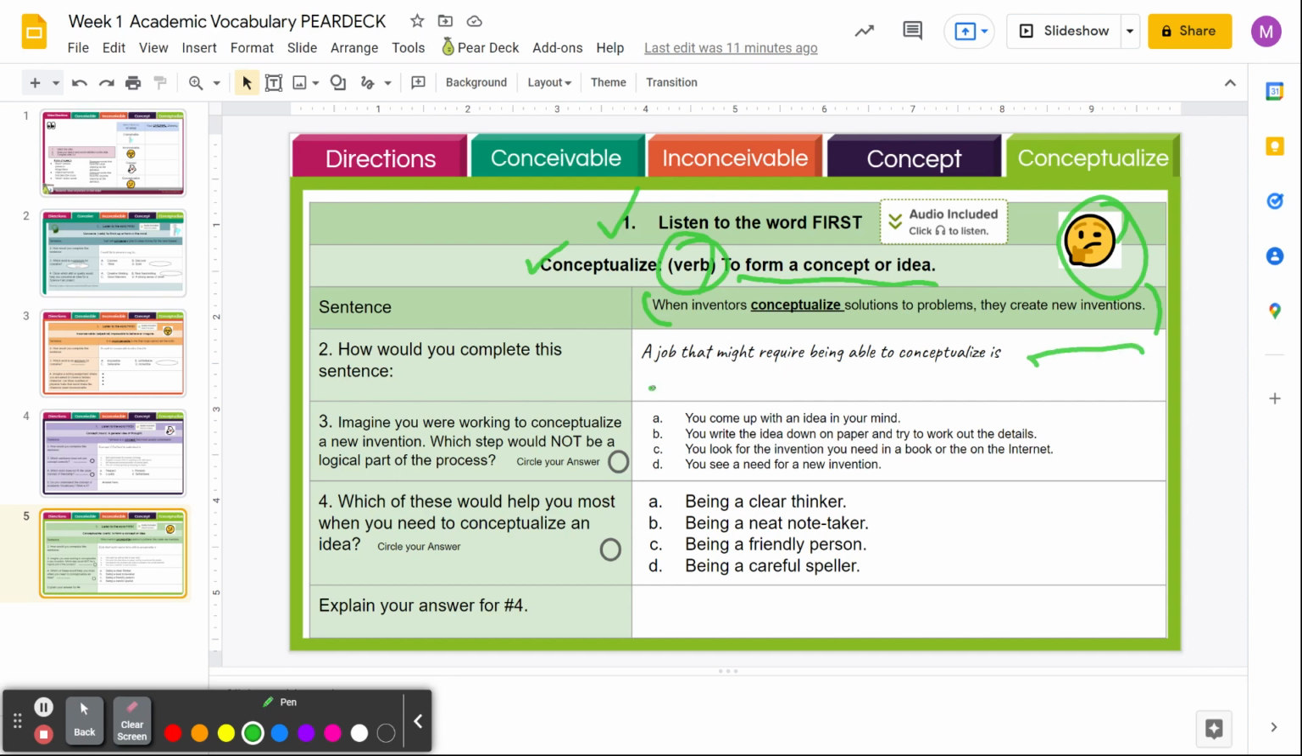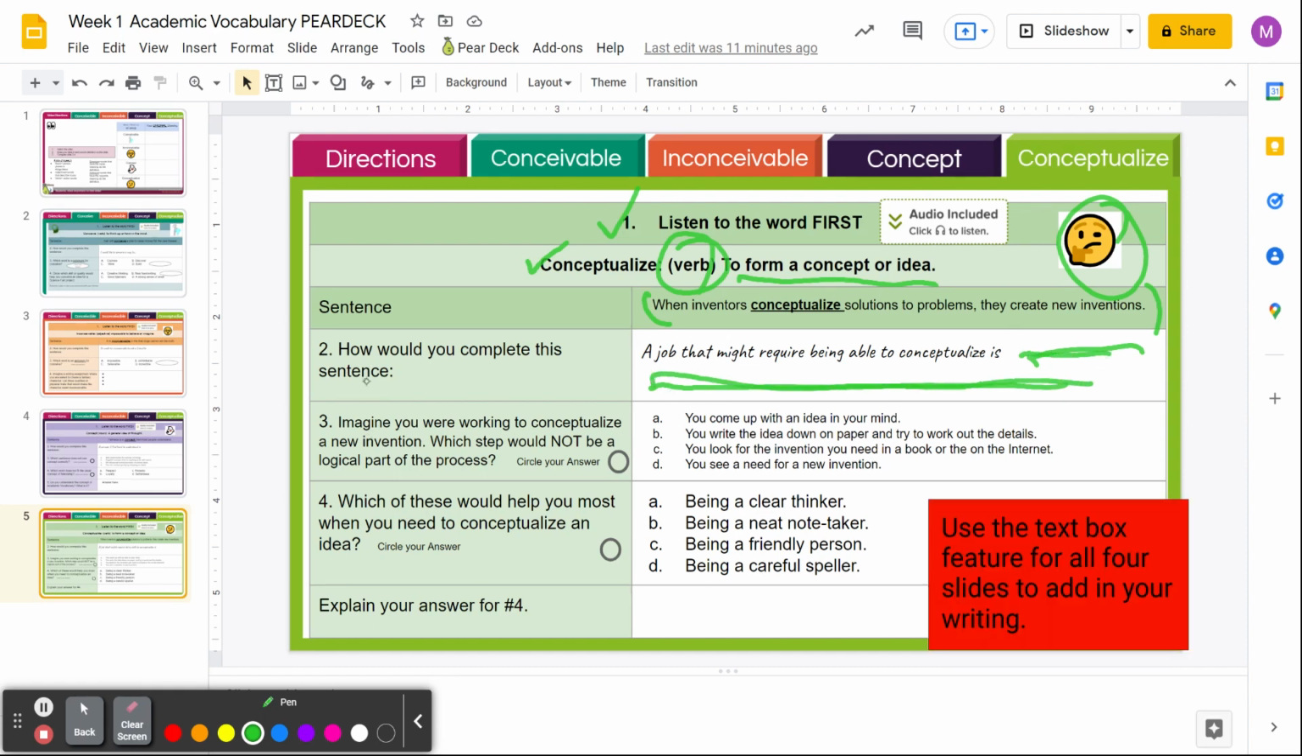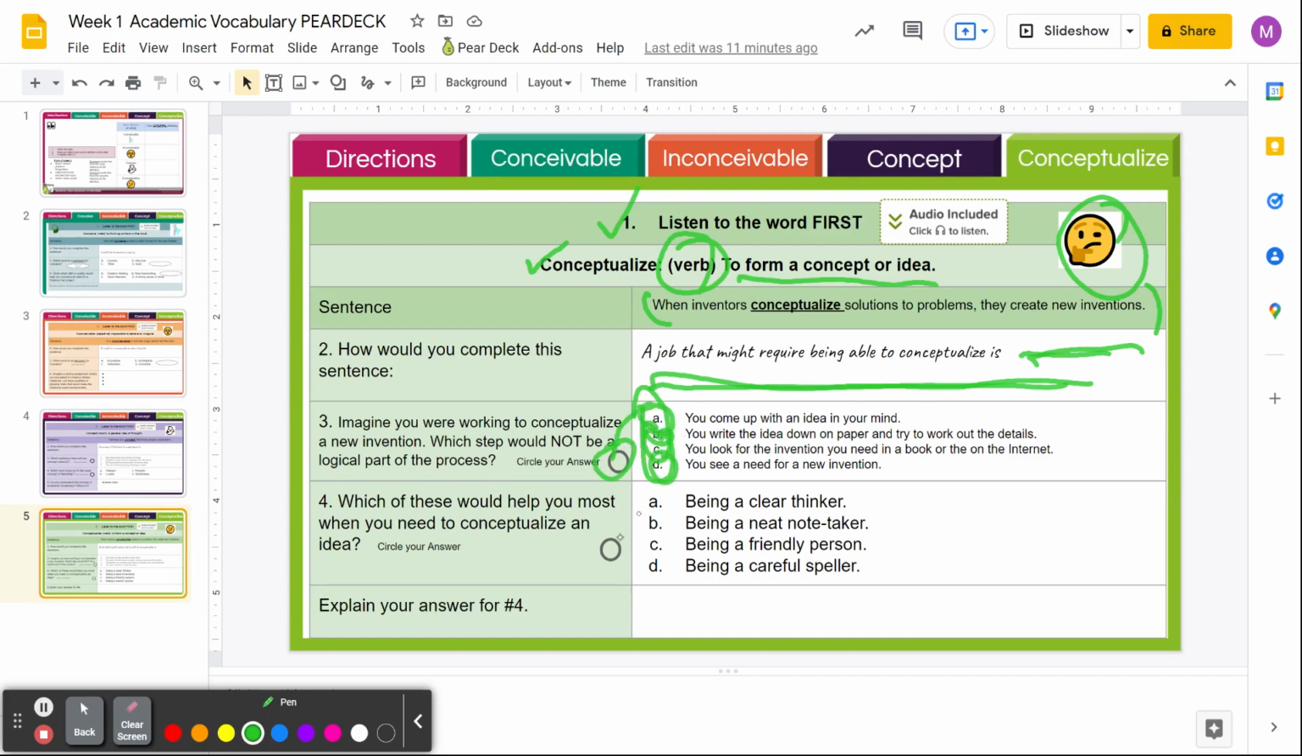Practicing using that word in our own writing. A job that might require being able to conceptualize is blank. So you just complete that sentence. Go ahead and type into that square for that interactive element. And then for this one, you have 4 different choices. Using the circle here, go ahead and drag it into the choice that you believe best answers this thought or